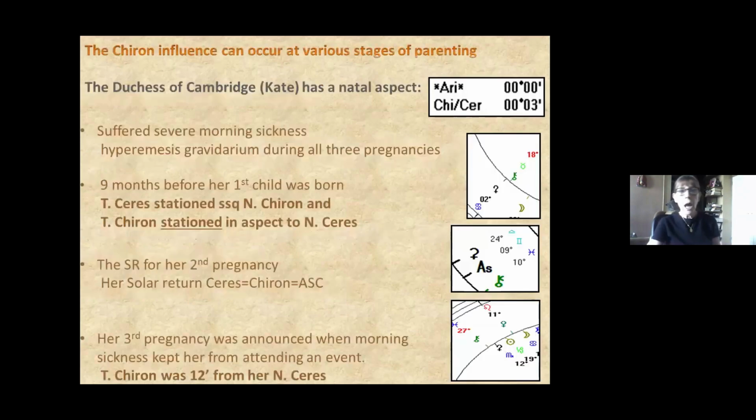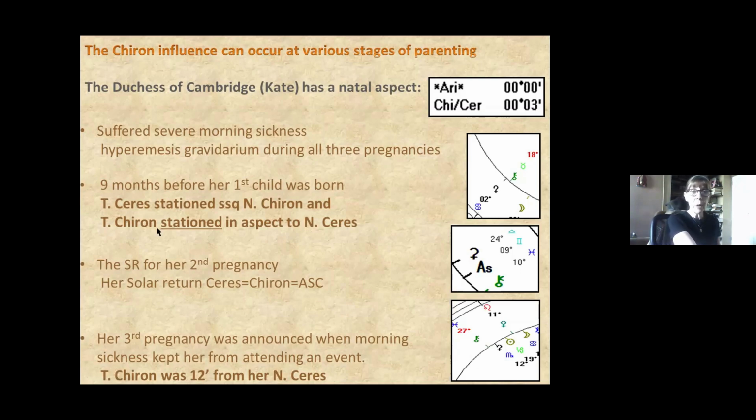So Ceres Chiron, the Chiron influence can occur at any stage of parenting. Here we have the Duchess of Cambridge, Kate Middleton, and she has the natal aspect. She's got Aries equals Ceres Chiron, or equals Chiron Ceres. And here's her story. She suffered from morning sickness with all 3 of her pregnancies. 9 months before her first child was born, there was a transiting Ceres station. I wouldn't count the days 9 months before the child was born, but because Ceres was stationing pretty much that month, it was easy to use that month and say that Ceres was